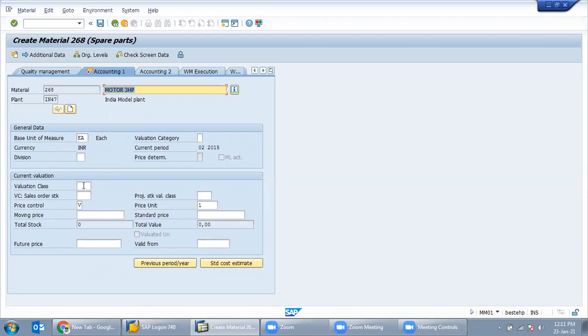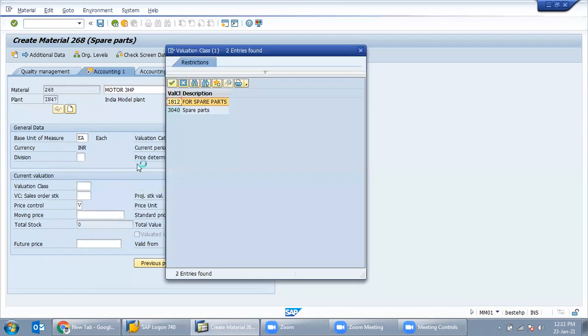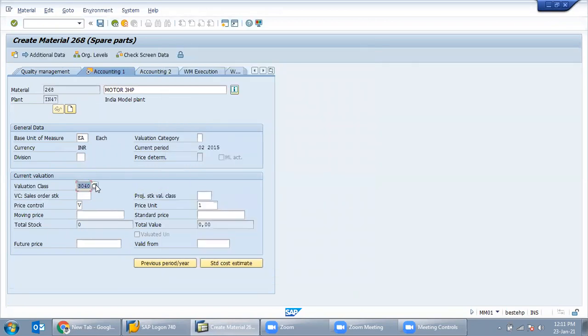In accounting one, there must be a valuation class. Valuation class is mandatory because, while using valuation class, in the background, I will show you, valuation class is linked with the general ledger. So all the stock issues or stock receipts, related to goods transactions, all the records come under that GL only. Stock will be updated to this valuation class by using that particular GL assigned to them.